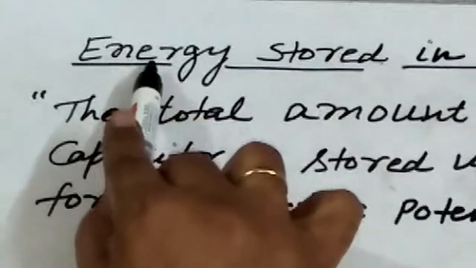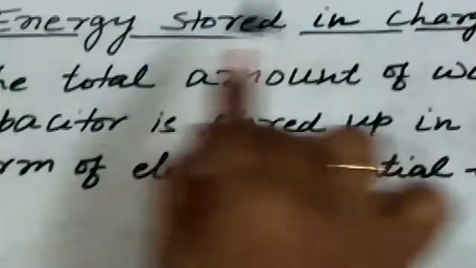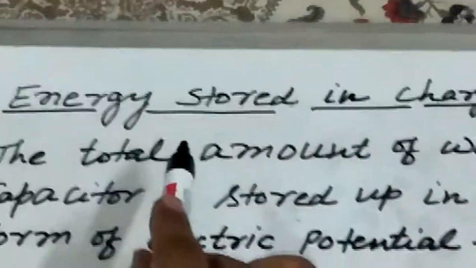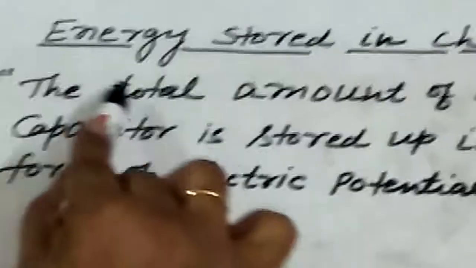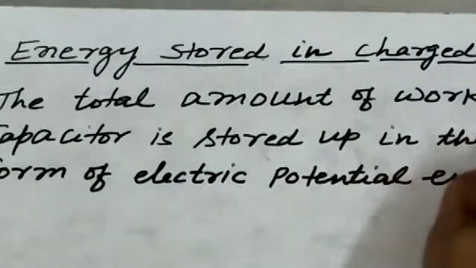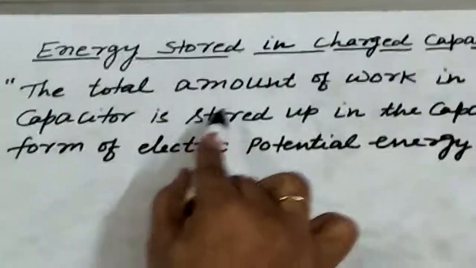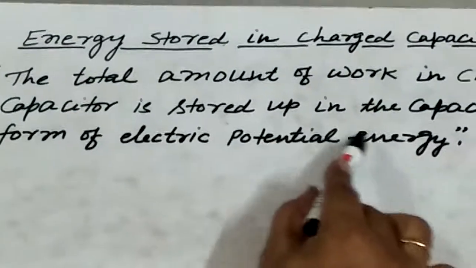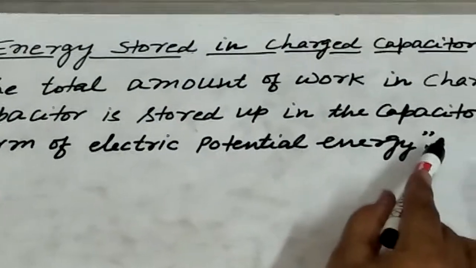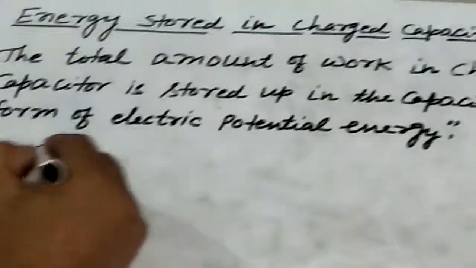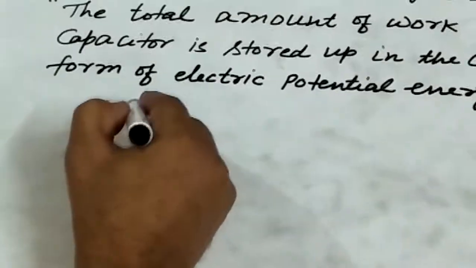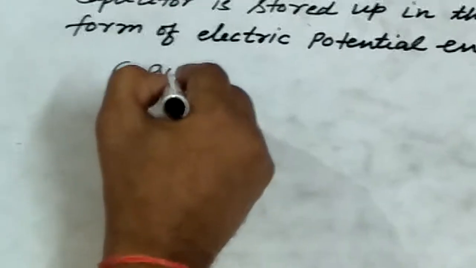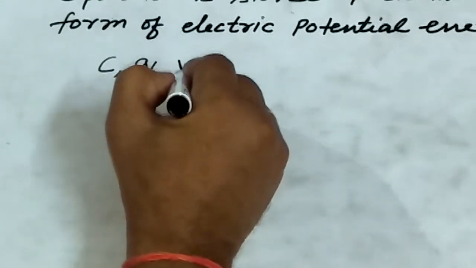Today I am going to discuss the energy stored in a charged capacitor. The energy stored in a charged capacitor is defined as the total amount of work done in charging the capacitor, which is stored up in the capacitor in the form of electric potential energy. Suppose a capacitor of capacitance C is given a charge Q and the potential difference between the plates of the capacitor